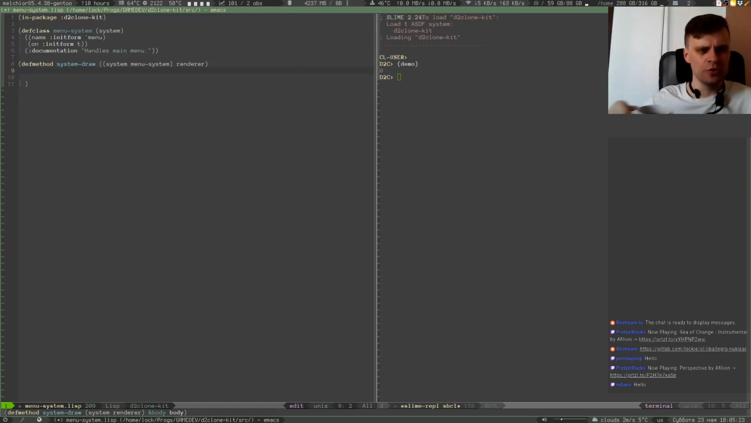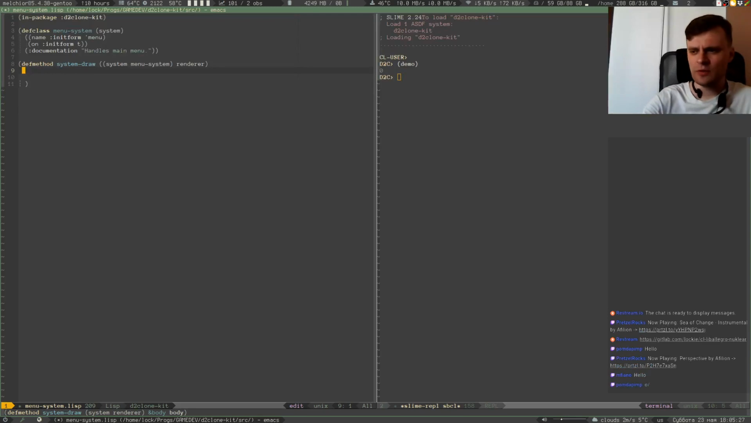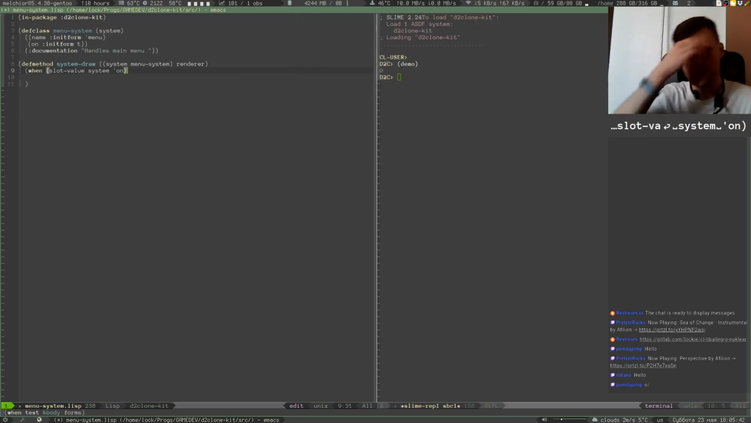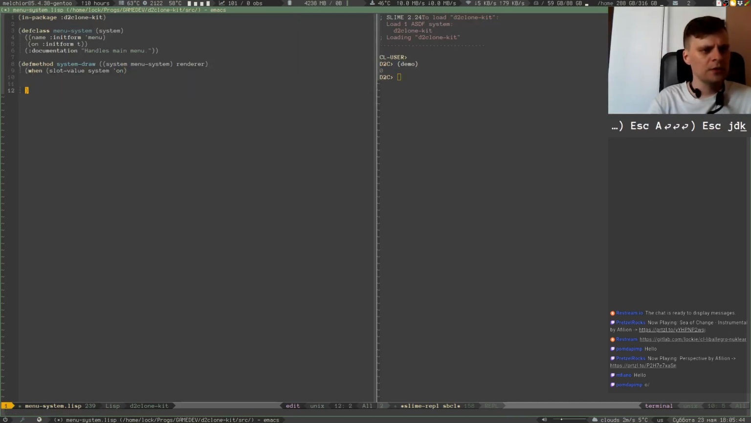So I'm going to be drawing that GUI, but only when this flag is on. So when the slot value of the system called on is true, and then